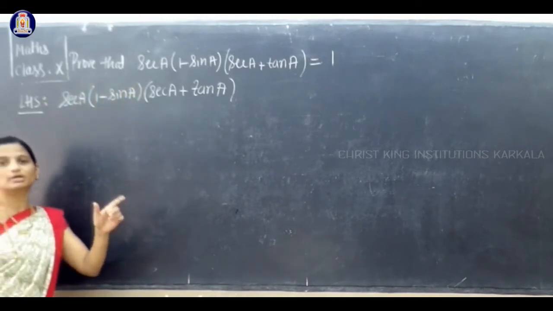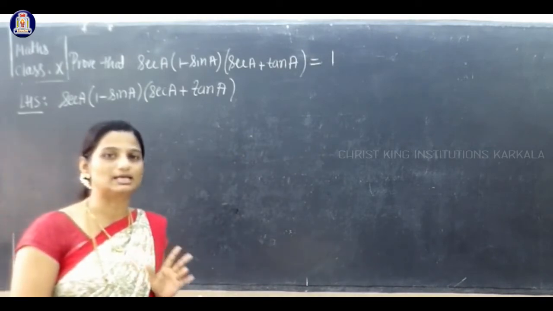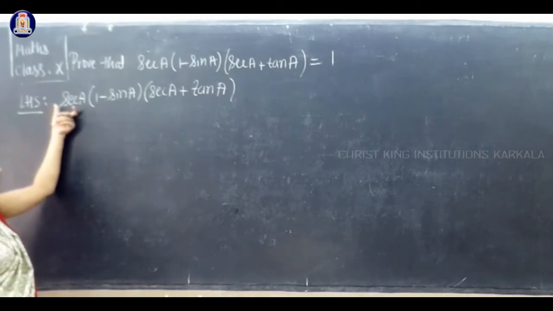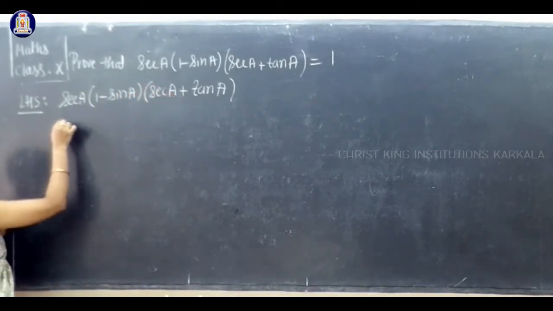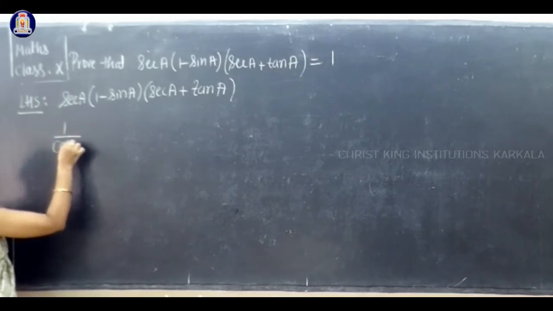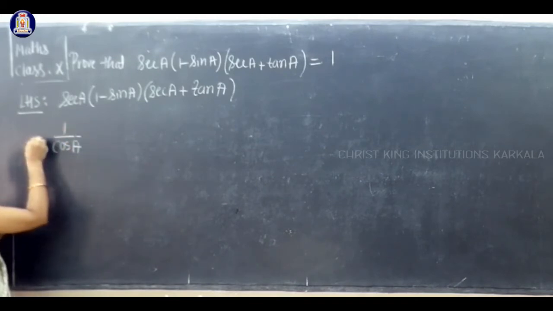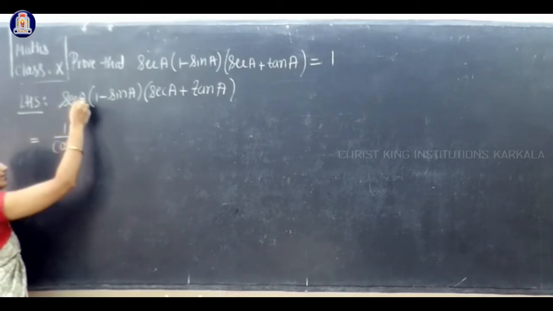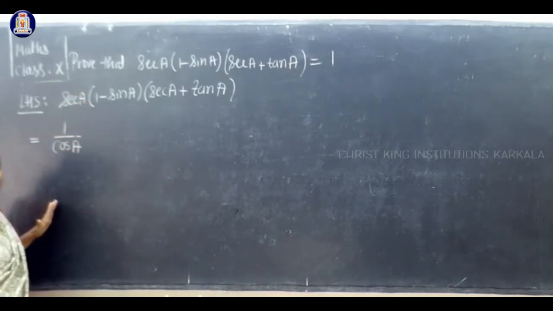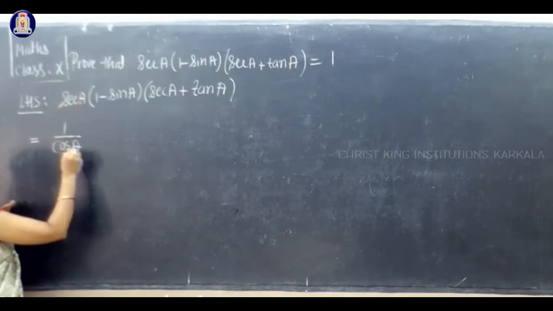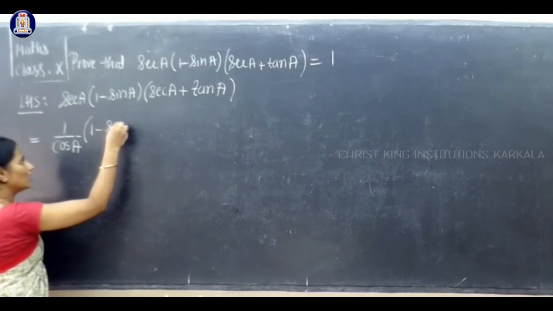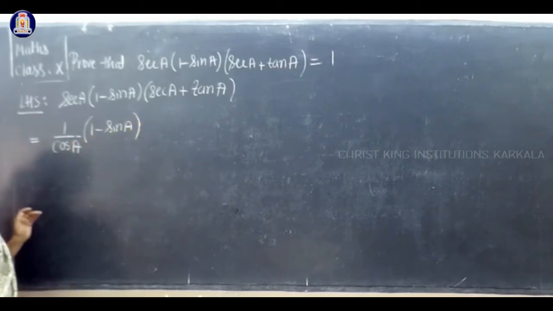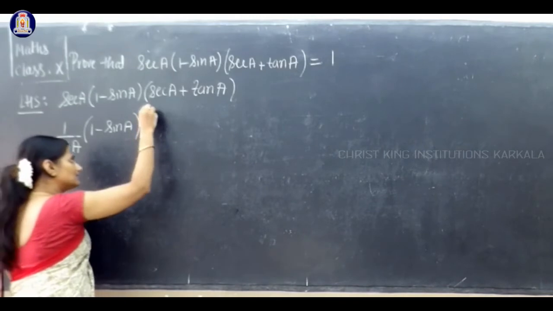If it is not possible to apply rationalization or LCM, next use the definitions of secant theta, tan theta. Now what is secant theta? It is 1 divided by cos theta, but here the angle is different, A. So you should replace whatever angle is given. Suppose here theta is given, replace the theta angle. Here it is given A, so 1 divided by cos A into 1 minus sin A. We don't have any formula for sin A, right? So 1 minus sin A as it is, into.